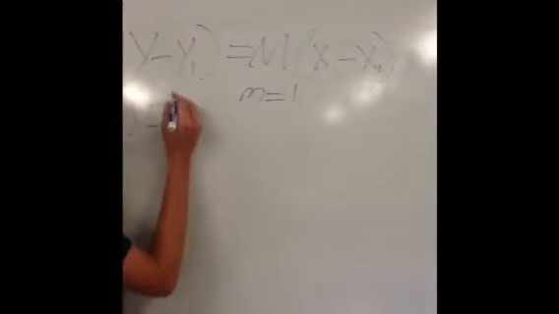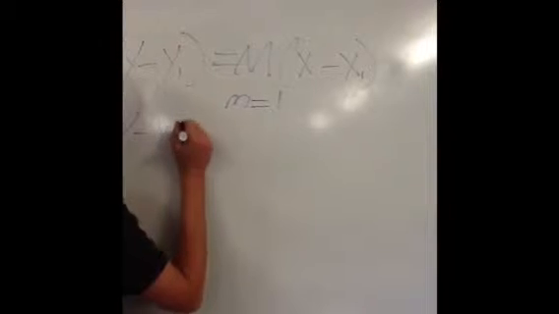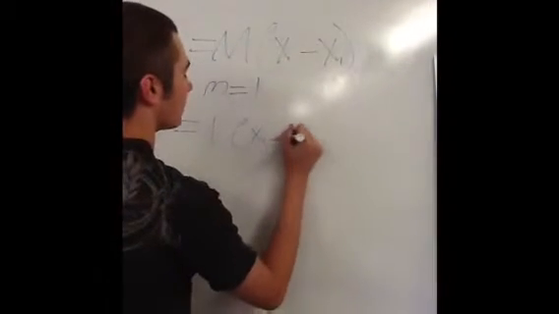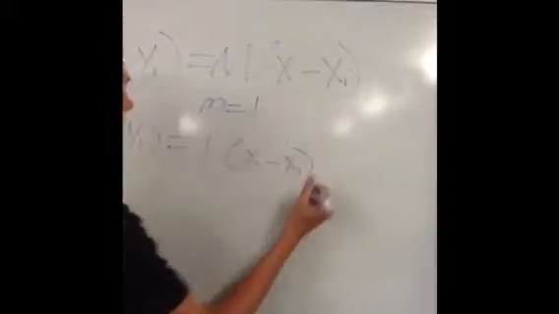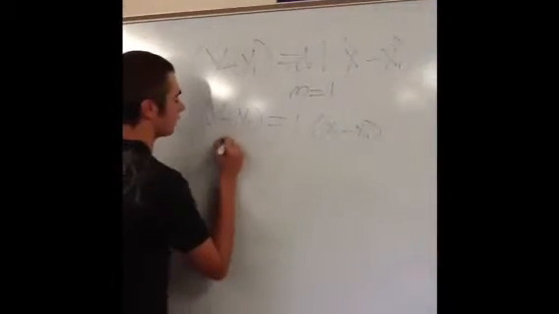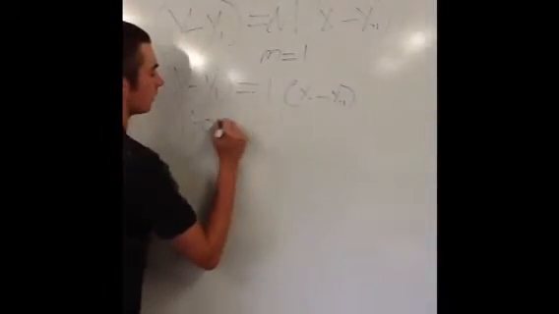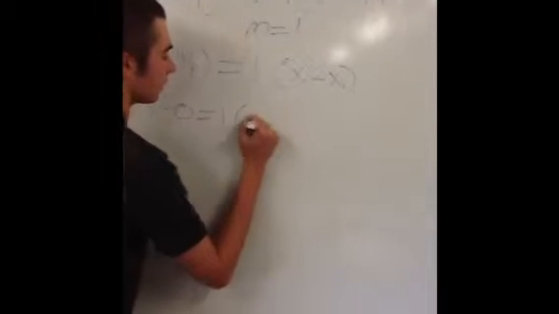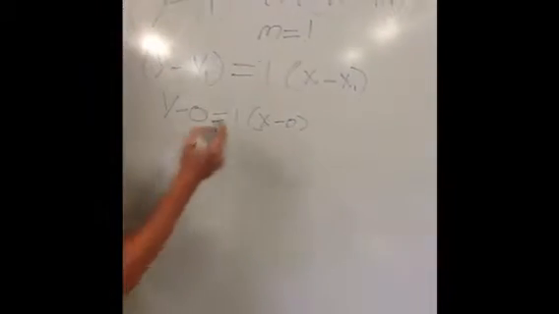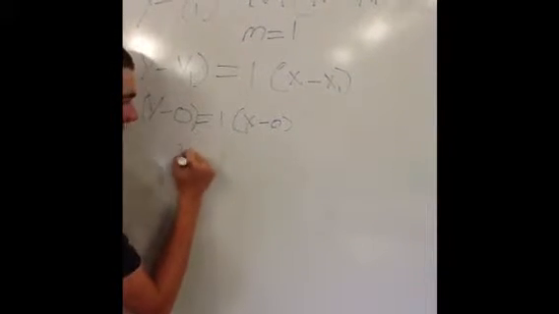So let's start to fill in the blanks here. It's 1, x minus x1. Now we're going to fill in the points. We know that our point for this example is going to be 0, 0. So let's fill it in. y minus 0 equals 1 times x minus 0. Which, once you get rid of all the zeros, comes out to y equals